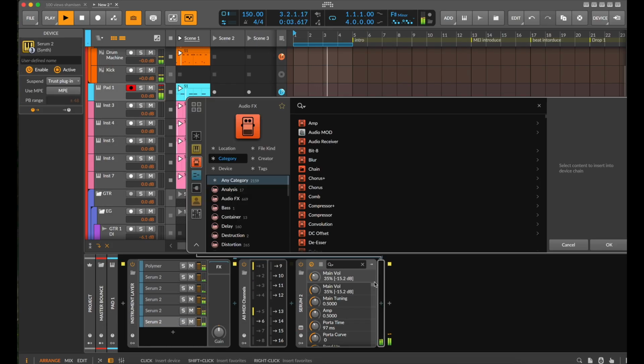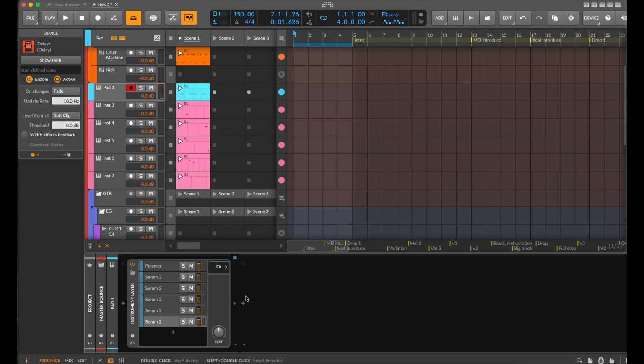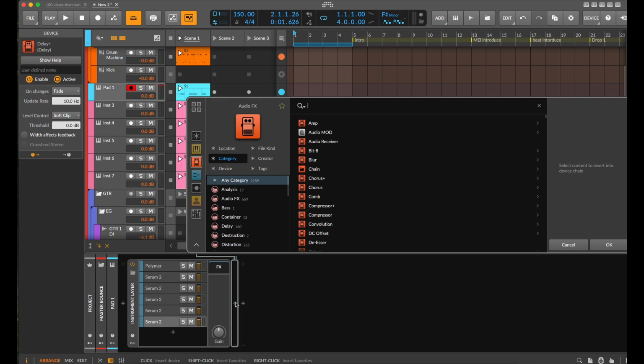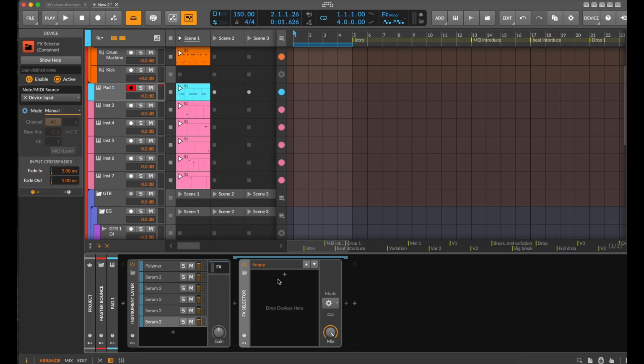Delay down here and just put it. So that's a pretty cool way to make some quick layers in Bitwig, and just for the sake of amusement, I am going to go into the effects for this whole group here, and I'm going to add an FX selector. And gonna add